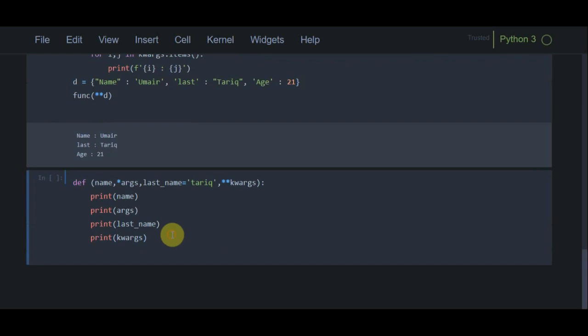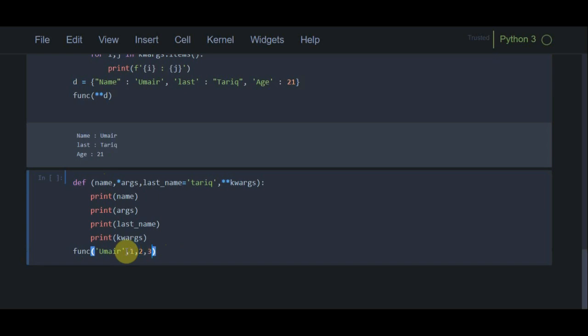So we can just call the function. The first argument will be given to the first parameter, name, and then the star args. So we can directly write here 1 2 3.